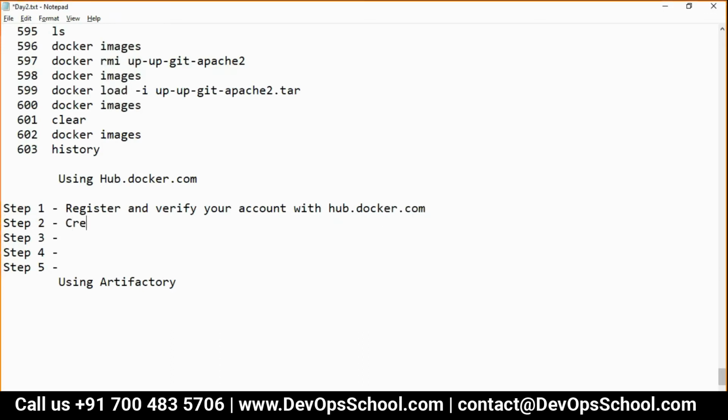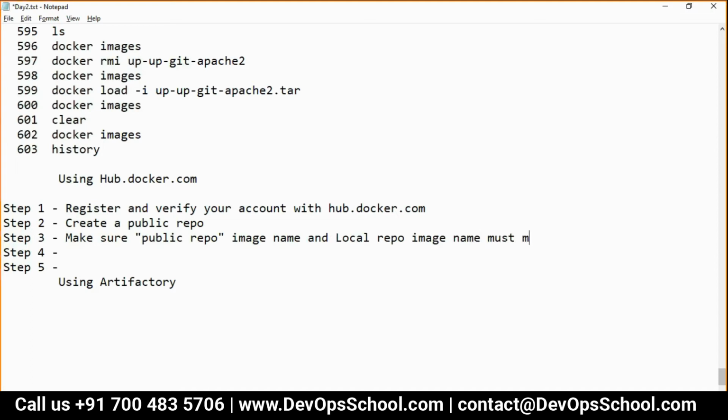After that, create a public repo. Then make sure the public repo image name and the local repo image name must match.